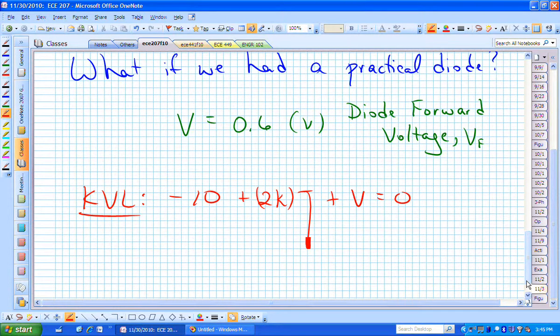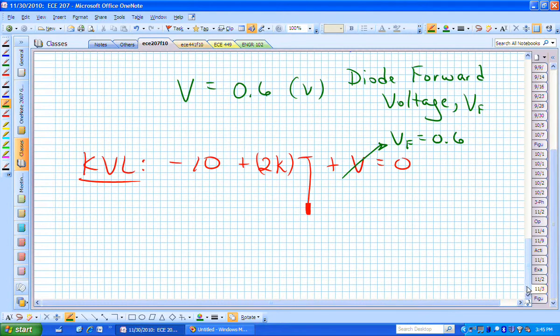With this, if V is now our forward voltage of a more practical diode of 0.6 volts, we can plug that in, and that has not introduced any new variable. We're now able to solve for that current I, which is now 10 minus 0.6 over 2K, which isn't much different than what we just had. Now we're dividing 2,000 into 9.4,